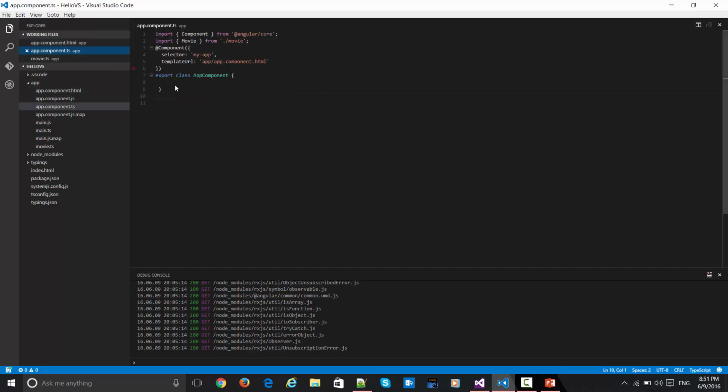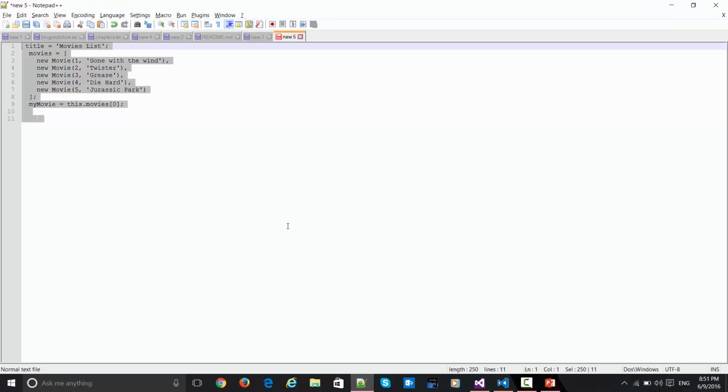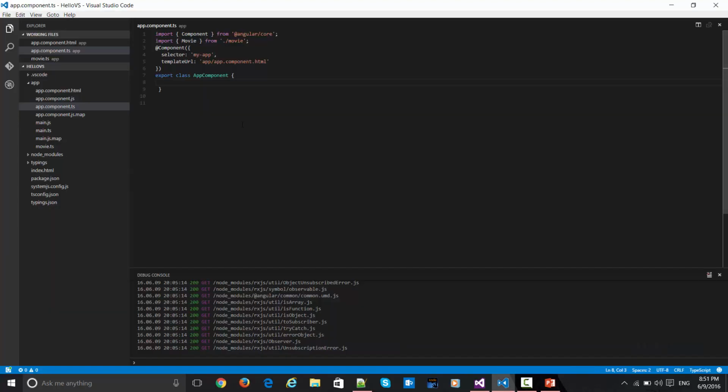Now let's go back to the ts. Here we need to put some certain message. I already have the message handy with me, so let me just paste it over here. Now there are a few things which I wanted to show you. Here I am using